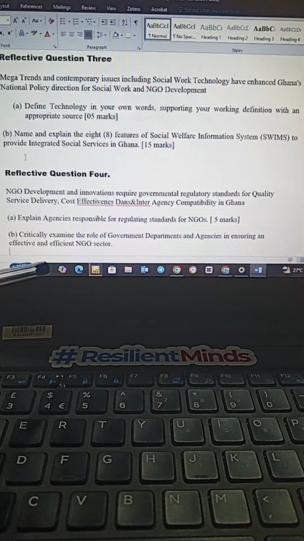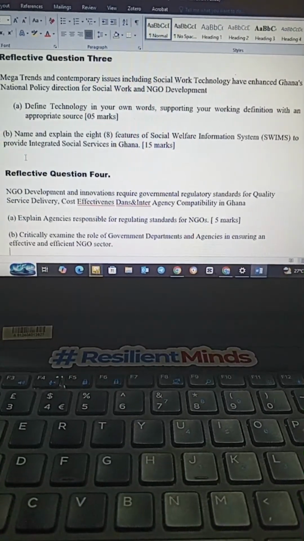Now let's come to the NPOs, the Non-Profit Organizations Secretariat. Here too, what role do they play to make sure that these NGOs that are forming will not breach or do anything contrary to what they are mandated to do? That's contrary to their missions and visions. So they are there to set standards for them. Here you need to talk about the role the Department of Social Welfare plays in regulating efficient and effective NGO performance and activities. What role does the Ghana Revenue Authority play? This is what we should provide for question number 4B.